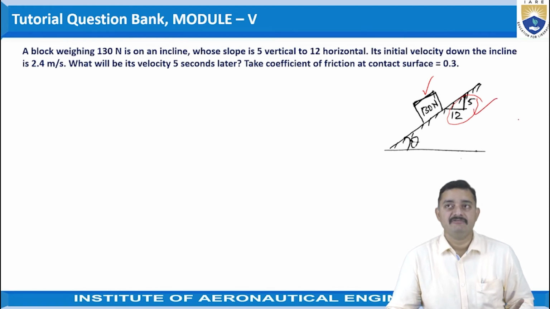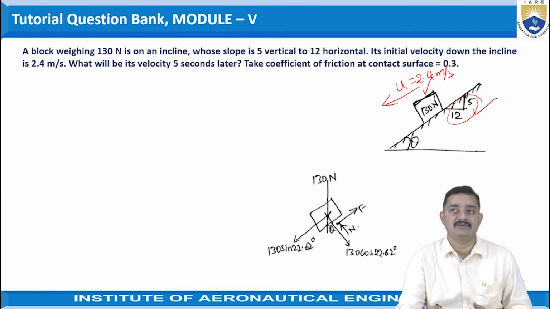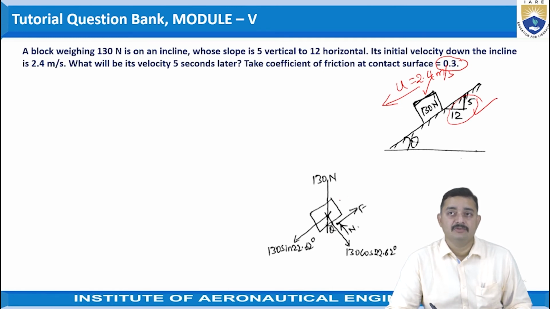Then its initial velocity down the incline is 2.4 meters per second. So it is traveling in the downward direction down the incline, and the initial velocity is given as 2.4 meters per second. Then what will be its velocity after 5 seconds? Take the coefficient of friction at the contact surface as 0.3. If we draw the free body diagram for this case, it would be like this. This is the body, and the weight that the block has, that is 130 newtons, acts vertically downwards,